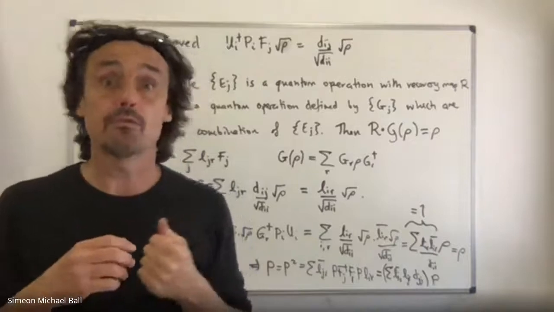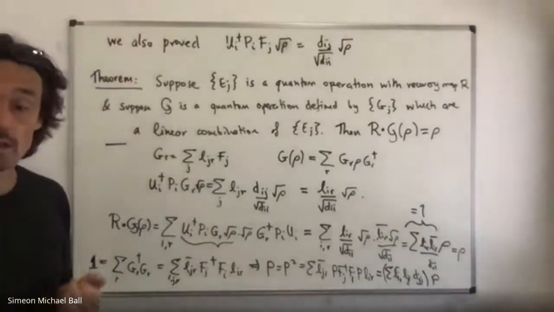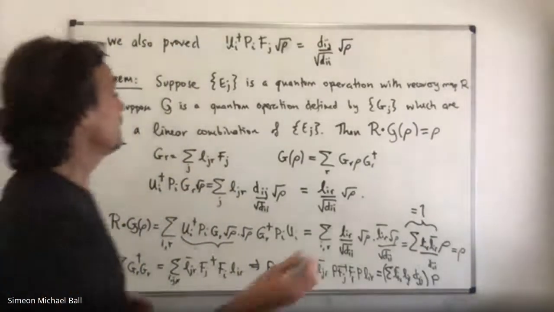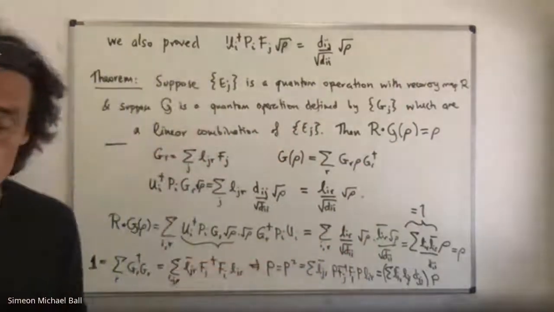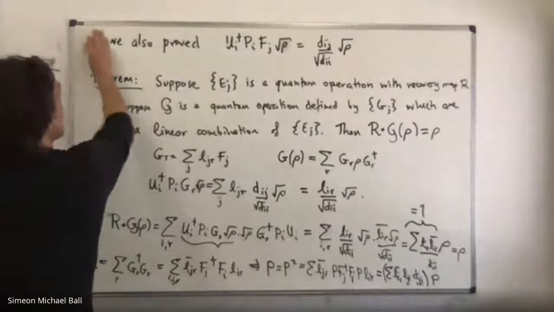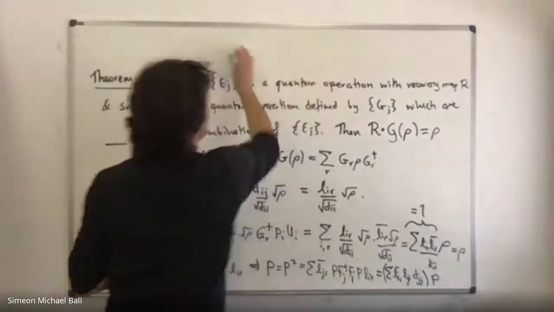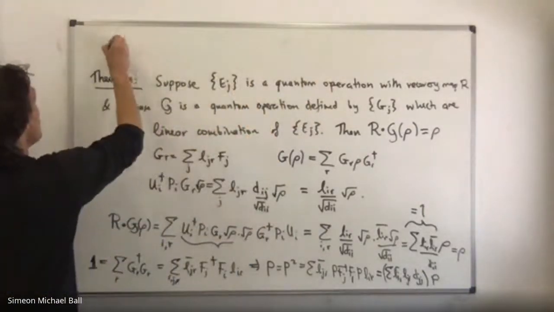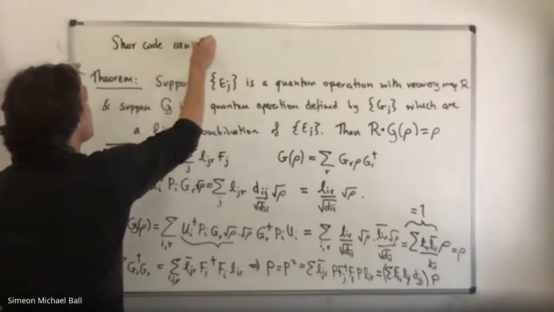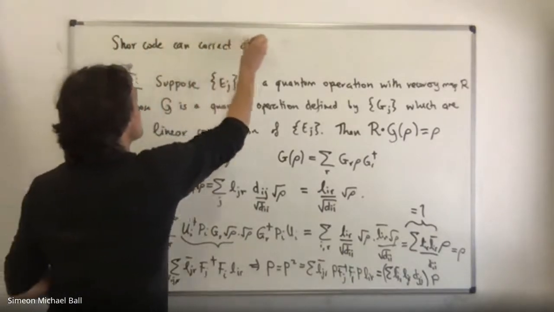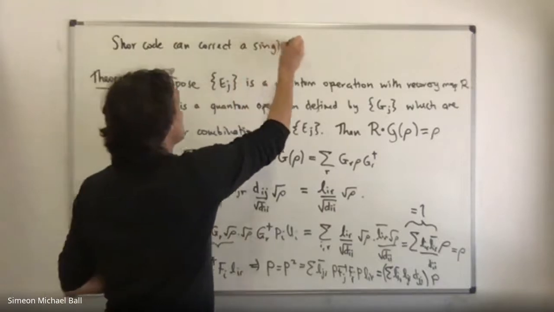That means that for the shortcode, which corrects any single qubit error, we saw the shortcode can correct a single qubit error